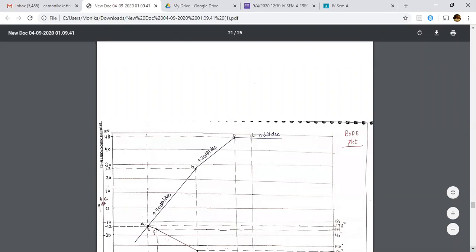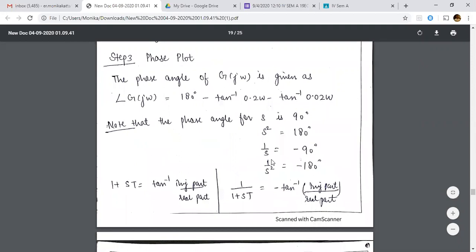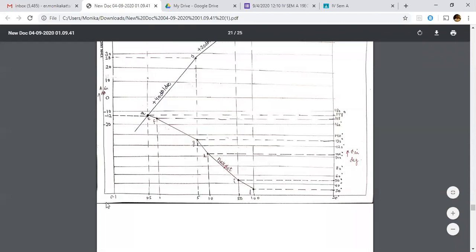Now, these 4 points are at what frequencies? You know, these 4 points are at omega L, omega C1, omega C2, and omega H. So what is omega L? Omega L is 0.5. So the first point is at 0.5. So I have, you know your log scale. It starts from 0.1, 1, then 10, then 100, and so on. You know the midpoint covers almost 70% of the area. So the midpoint between 0.1 and 1 is 0.5, which will be very close to 0.5 in semi-log graph paper. This is semi-log graph paper, so the x-axis is in logarithmic scale.